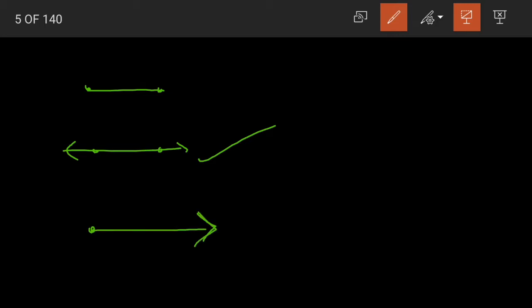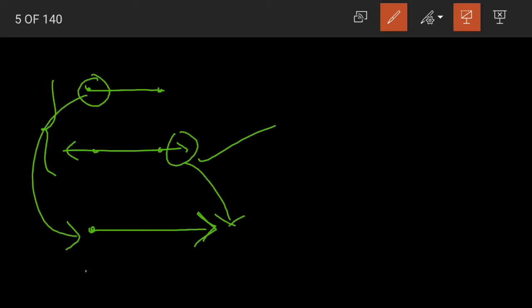So what is a ray? First, for a line segment we saw that it has two endpoints, and for a line we saw that it can extend on both the sides indefinitely. Now again, a ray is also a part of a line, but it has only one endpoint and it can extend indefinitely on the other side. It is like a combination of both line and line segment. Yes, it has one endpoint from the line segment and the indefinitely extending quality from the line.